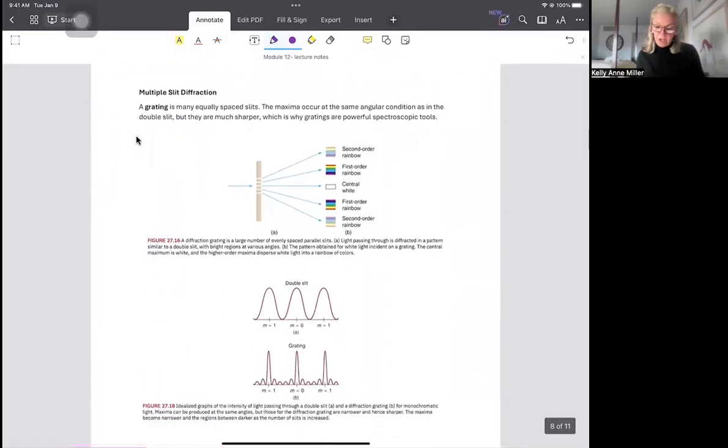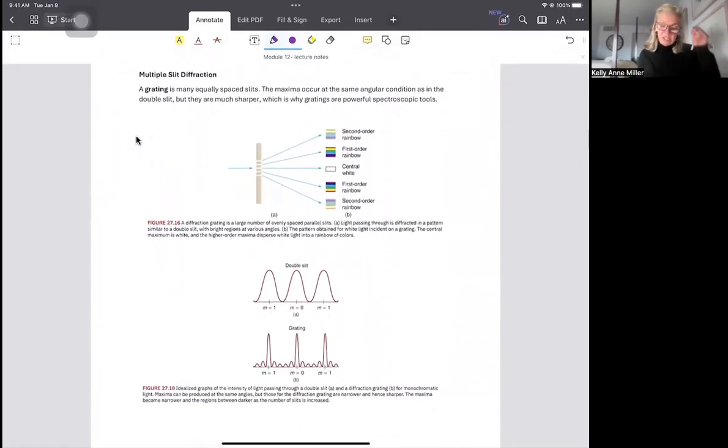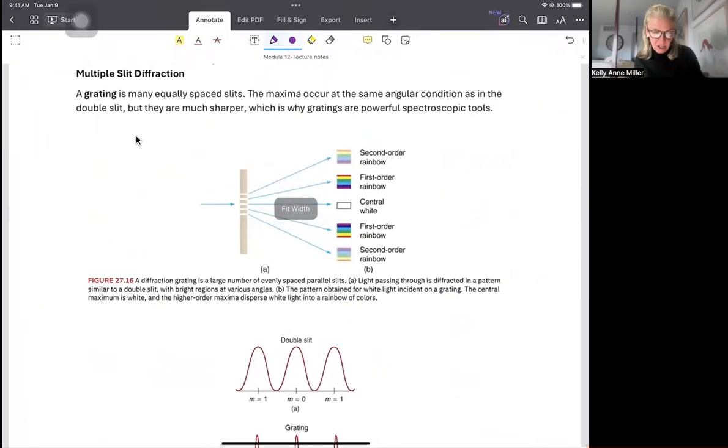So now let's talk about multiple slit diffraction. Multiple slit diffraction is the exact same as double slit diffraction. It's just that you get a slightly different pattern of fringes. Okay, but the equations are the same. Like, if you look at this picture,